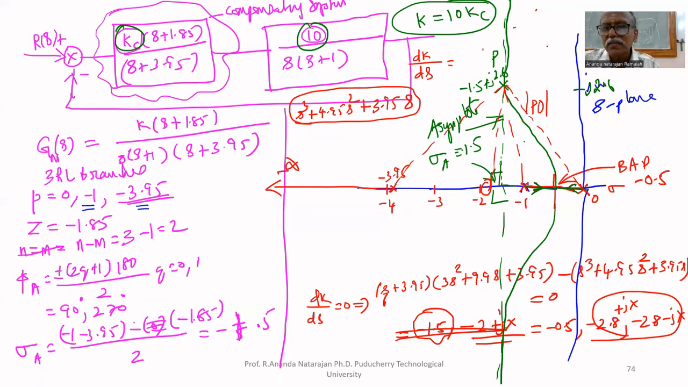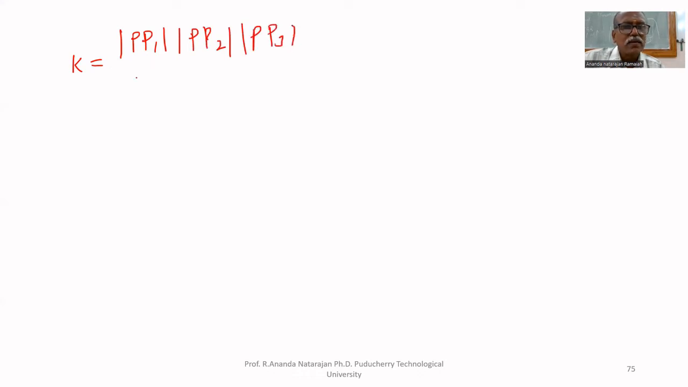What is the length of this? Let us call these P1, P2, P3, and Z1. The length of this is PP1. Length of this is modulus of PP2. Length of this is PZ1. Length of this is PP3. If you know all these lengths, we can find the magnitude. Therefore, K equal to PP1 multiplied by PP2 multiplied by PP3 divided by